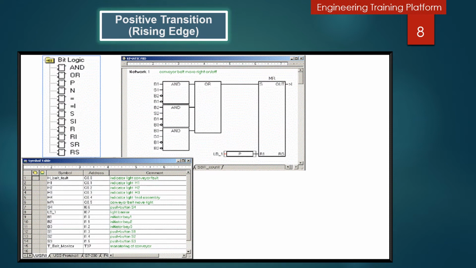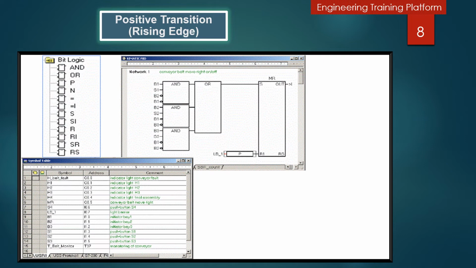How is it represented in the languages? In ladder logic, the positive and negative transition instructions are represented by contacts, and in function block diagram, the positive and negative transition instructions are represented by the P and N boxes. In a statement list, the positive transition contact is represented by the edge up instruction. If a positive transition change from 0 to 1 is detected in the value on the top of the stack, the top of the stack value is set to 1. If no positive transition is detected, the value is set to 0.